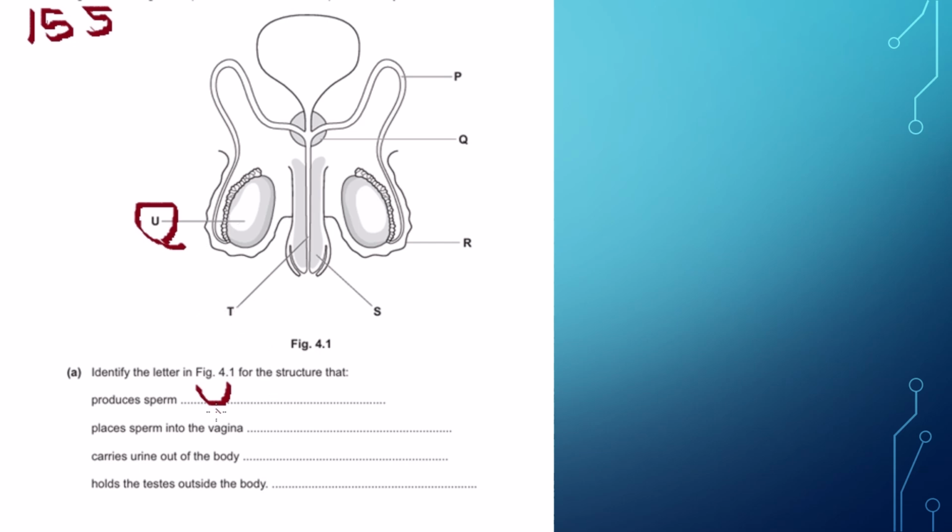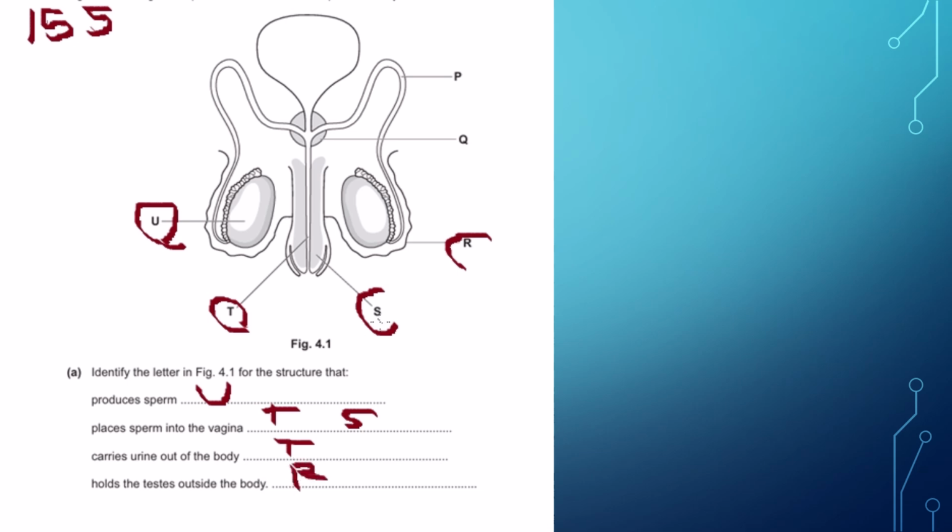Then where we place the sperm into the vagina, that can either be T, the urethra, or S, the penis. Carries urine out of the body, that can only be T, the urethra. And holds the testicles outside the body, that can only be R,